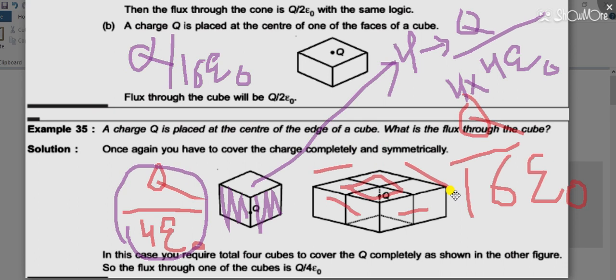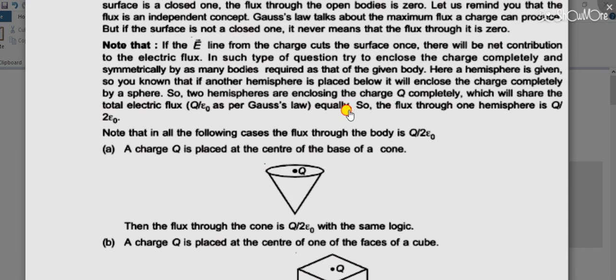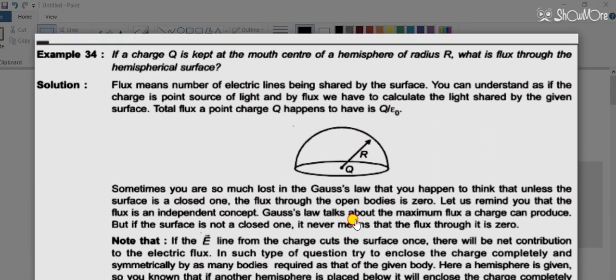This is the concept I have to teach you in class, but in the class it was not possible because some of the students were absent, and some had connection problems also. So this is all about question number 34 and 35. You can take the screenshots, or you can move back if you have some doubts, or you can message me if you have any doubts. So I think question number 35 and question number 34 is clear to you now. You can read the theory part if you require.